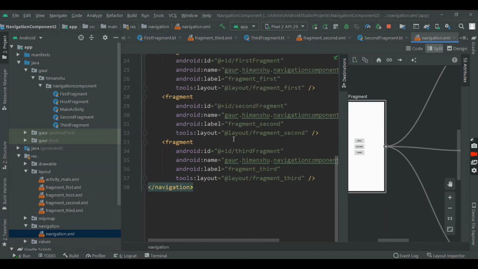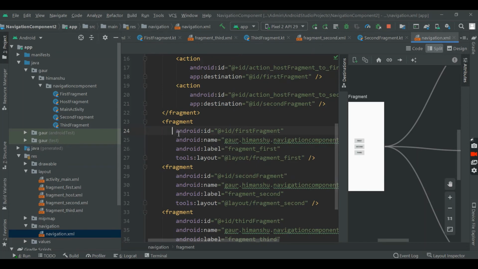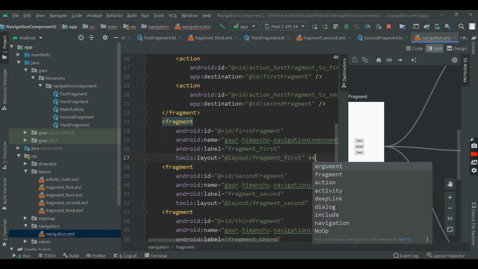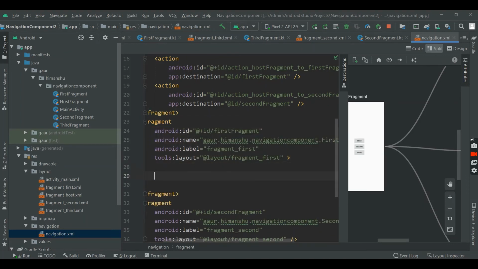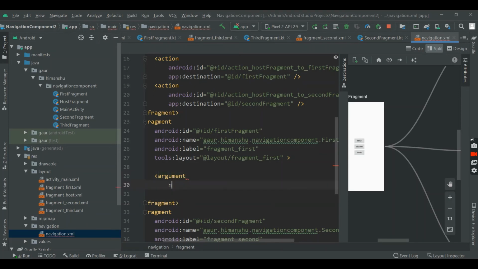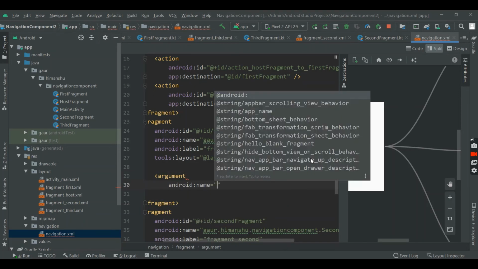So go to your first fragment, you can see this is our first fragment. Now within this fragment we will define our arguments. First is our name, something you are familiar with, the key. By using this key you can take or put the data.